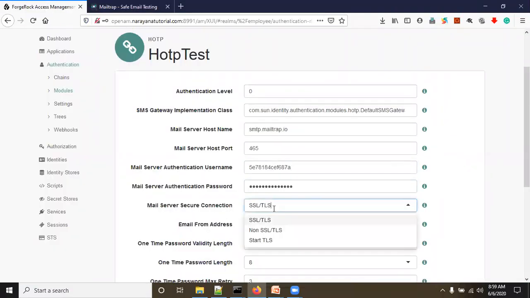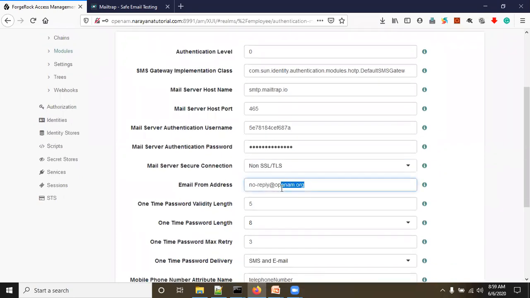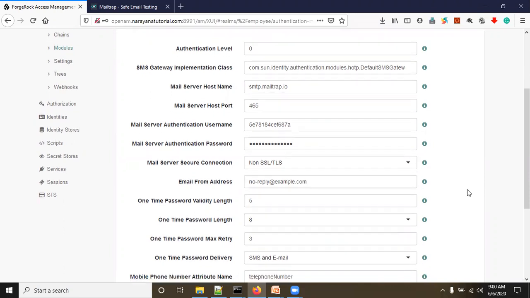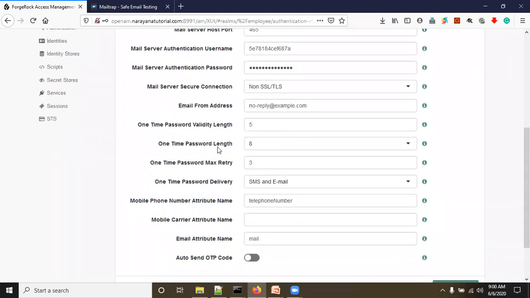Here you have to select no SSL/TLS, and you can give any from address like example.com. The customer will receive email from this email address. For OTP password validity length, keep everything as the default value.